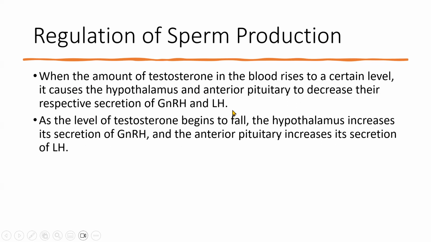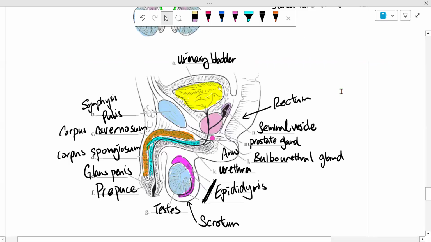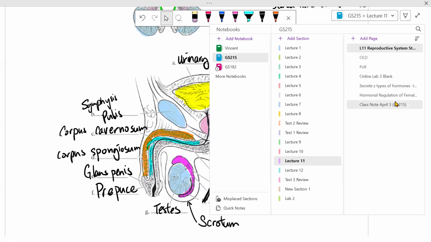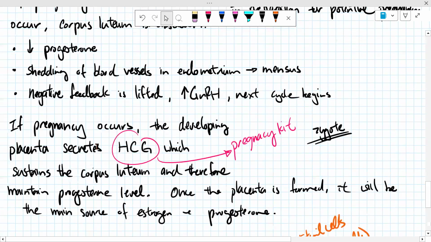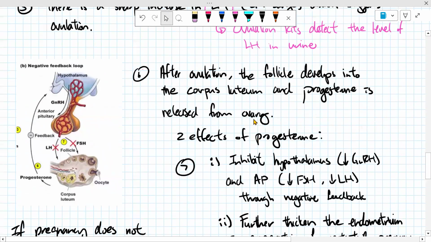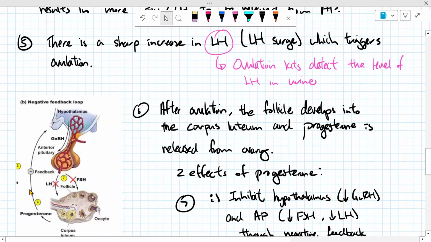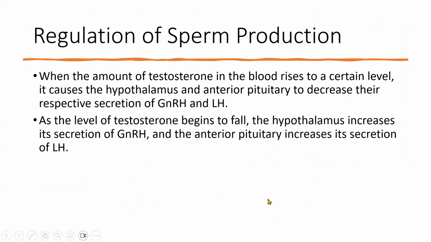This is exactly the same thing as what happens in the female. Look, in the female, high progesterone is going to shut down GnRH, FSH, and LH, right? So in the same way, in men, we have the testosterone instead. It does the same thing, right? Through negative feedback inhibition, we're going to bring down the GnRH,